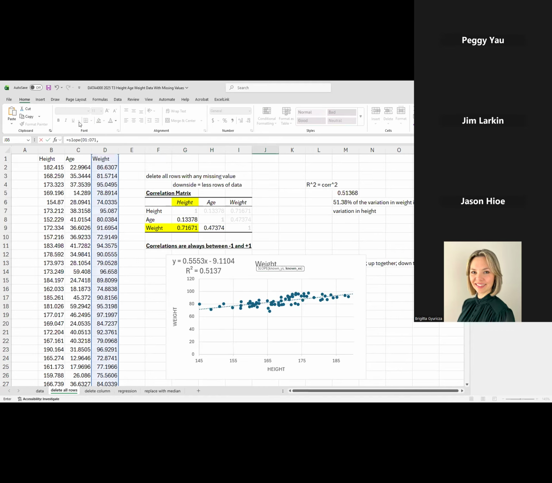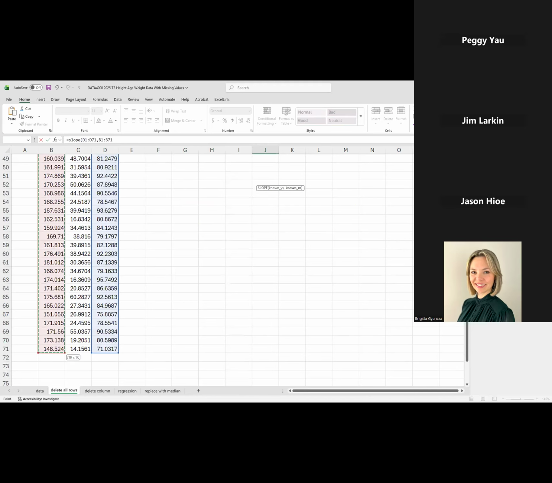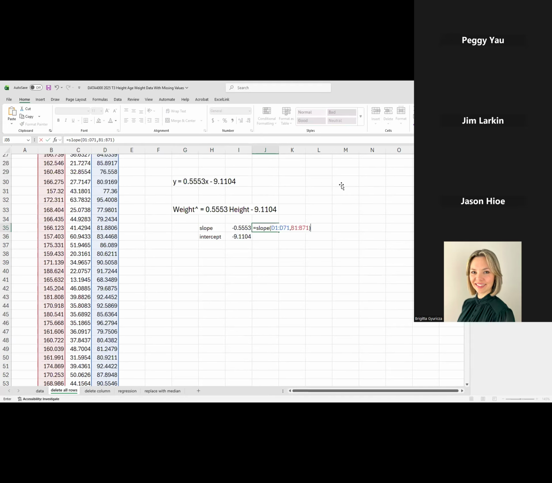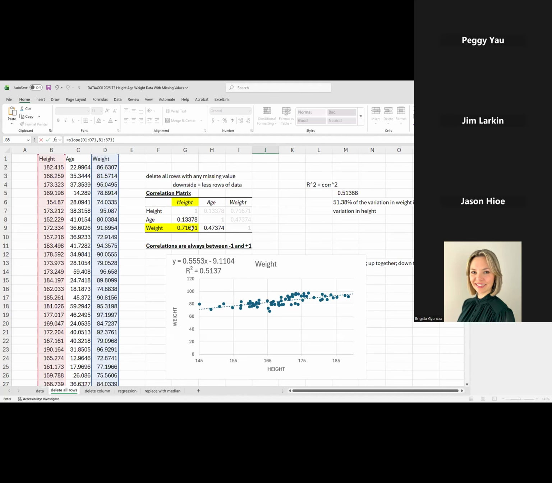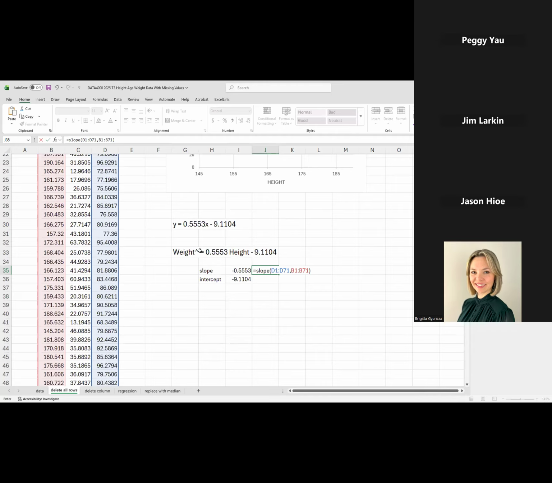And my x variable is the height. Now, I've chosen height and weight, not age and weight, because I had a high correlation between height and weight. So that's the reason I'm going to use height to predict the weight, not age to predict the weight. I've got a correlation of 0.47 between age and weight compared to 0.71 between height and